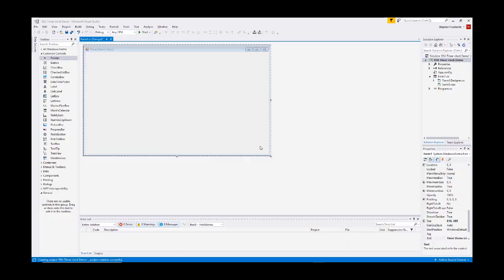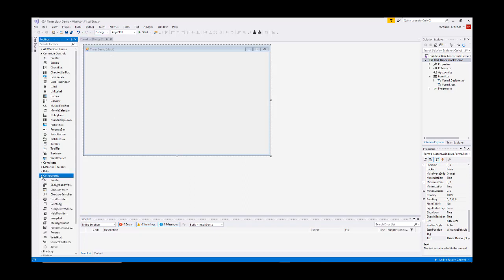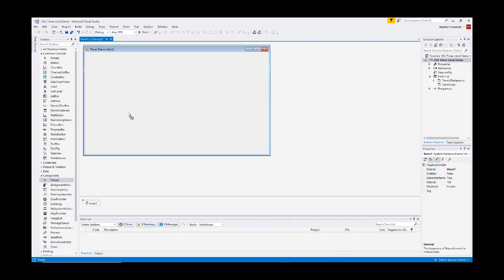I created a new project called Timer Clock Demo, and we're going to introduce the timer component. So in my form, I've set my text to Timer Demo (Clock). I'm going to come down to the components area in my toolbox, and there's a timer component. I'm just going to drag it to my form, and it's not a visible component, so it's going to put it on the system tray,